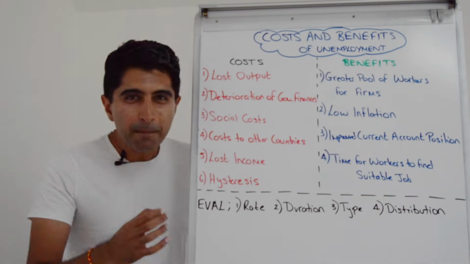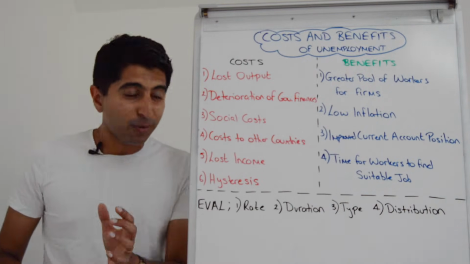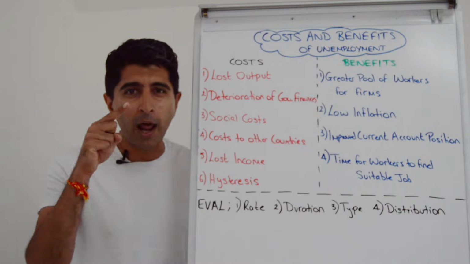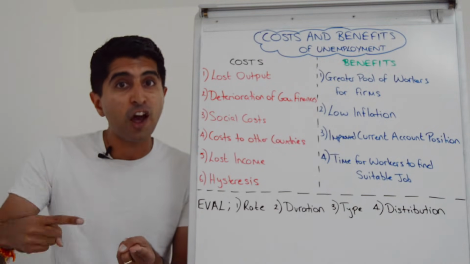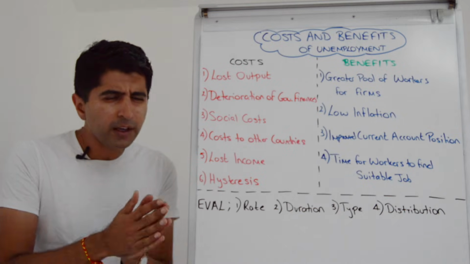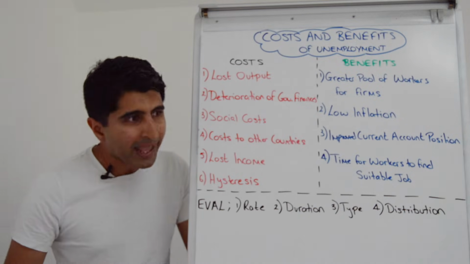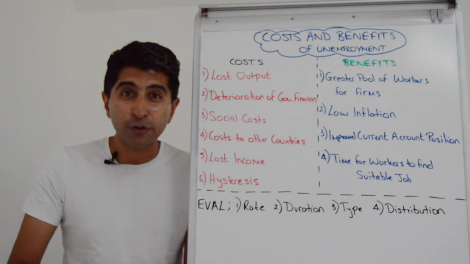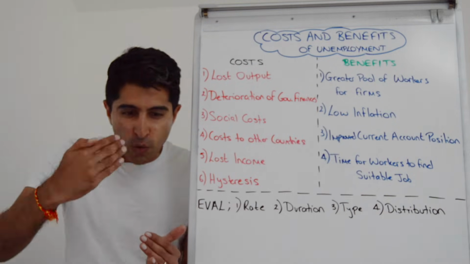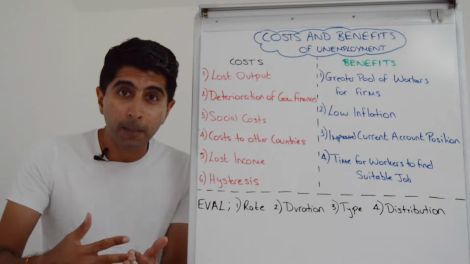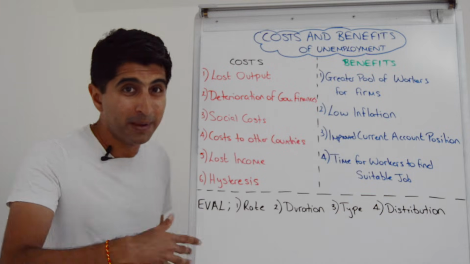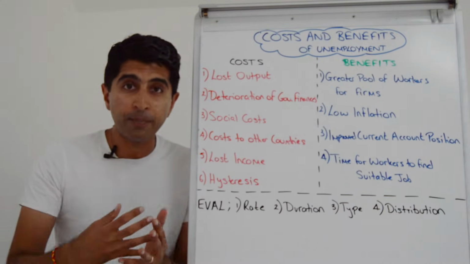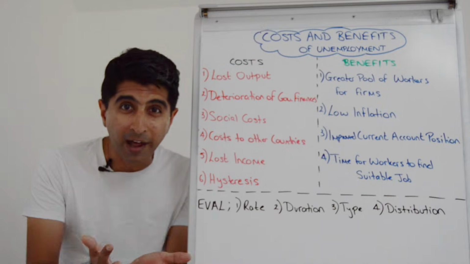Maybe the biggest concern with unemployment is that of hysteresis. What a point this is. This is when unemployment becomes long-term in nature. And the longer someone is unemployed, the more likely they are to lose their skills. So de-skilling takes place. Maybe their skills become outdated. Maybe new entrants into the labor force outcompete unemployed workers who have been out of work for a long period of time. The point is, as unemployment becomes long-term, those workers essentially become unemployable.